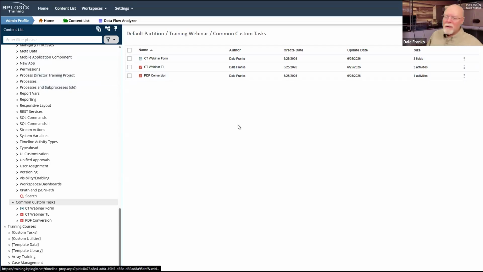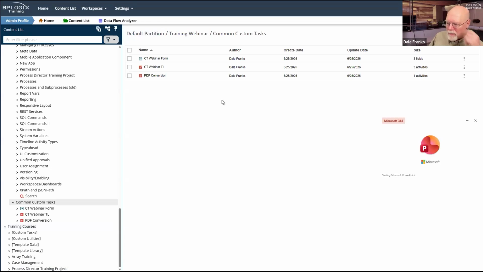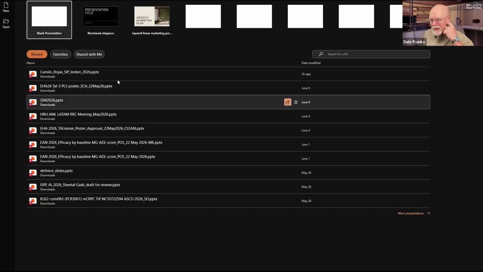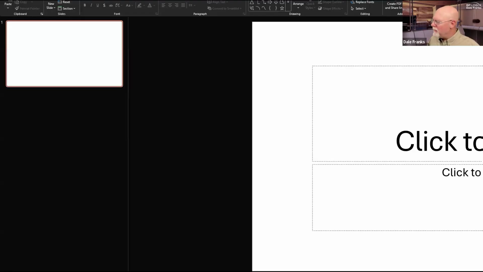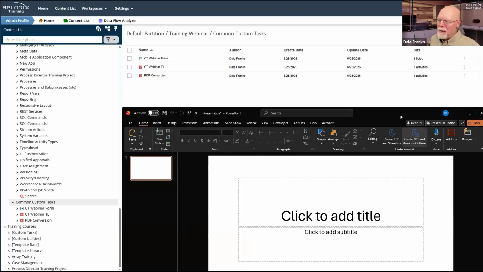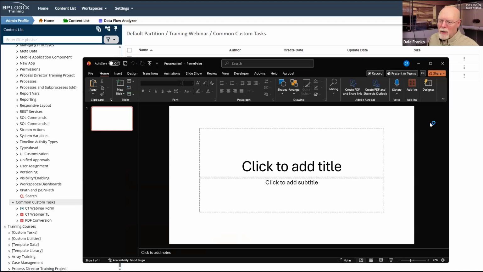how documents work. So let's just open up a PowerPoint file. All right, we'll just do this real quick. Give you a little demonstration. So we're going to create a new PowerPoint file. This is awfully big. So there we go. Click to add title, whatever. Fine. I'm done. I've made my PowerPoint file.